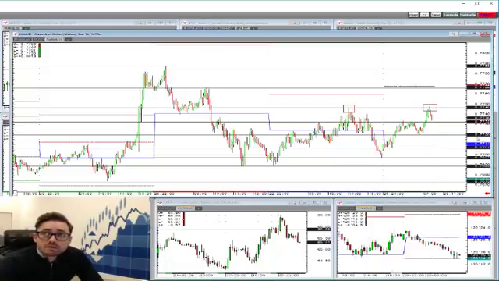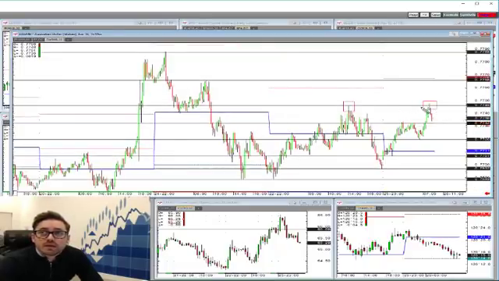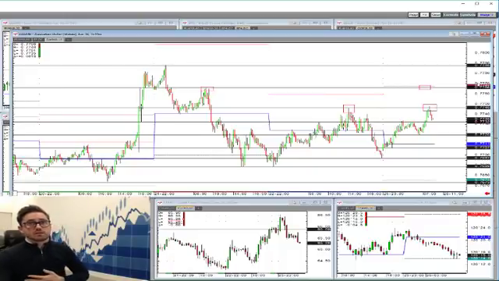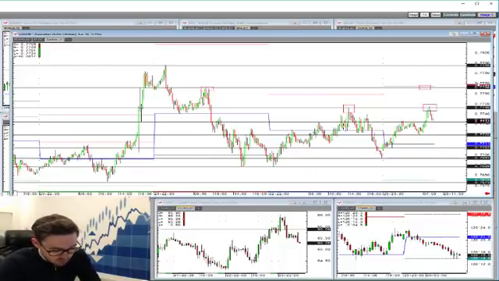From a risk-reward perspective, if we do get a push above today and Friday's high, it opens the door to this point here in the market. That could be a decent opportunity, or even if you wanted to wait and look for that area to continue the overall trend as well, I think that's a decent trade idea.